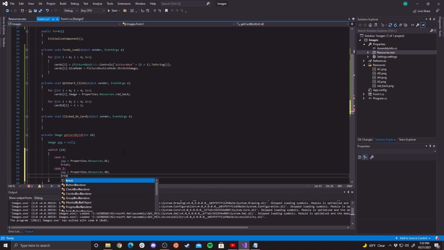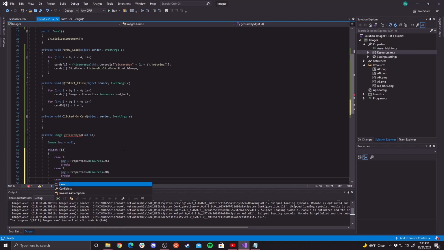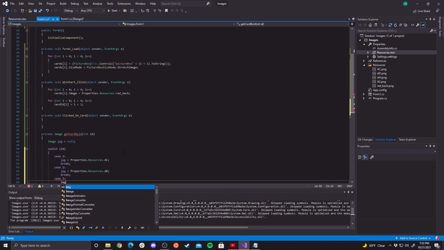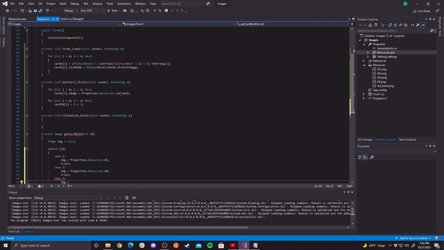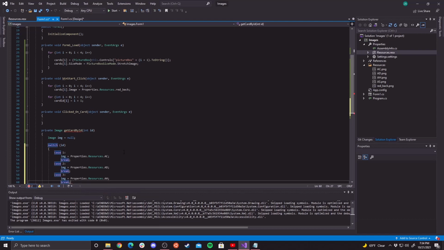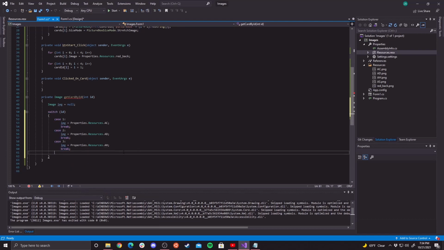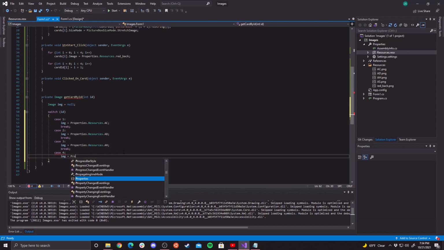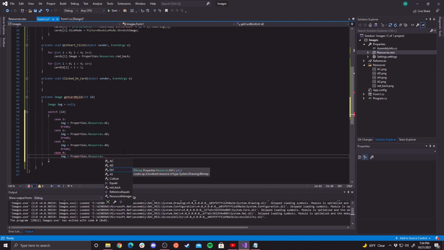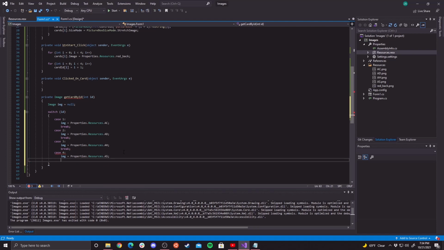And then break. In case 3, img equals Properties.Resources.ace of hearts, and then break. And the last one, case 4, img equals Properties.Resources.ace of spades, and then break, and then